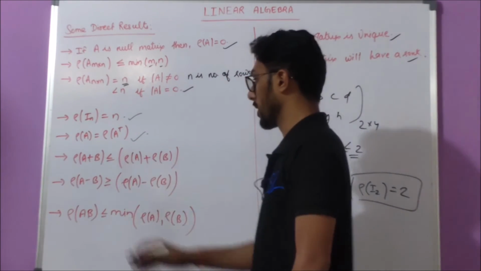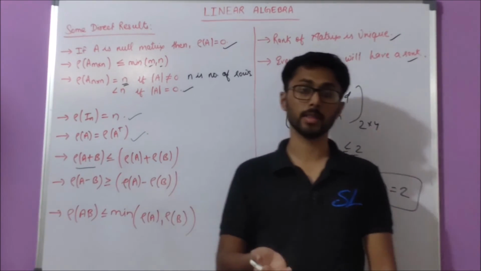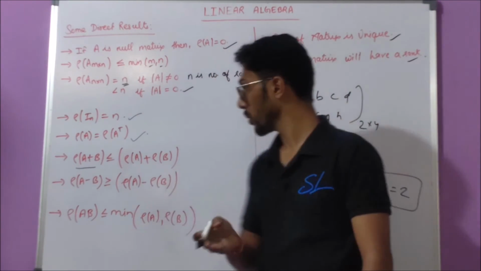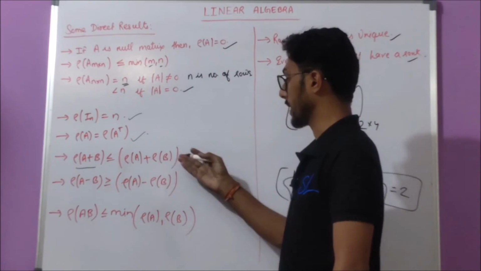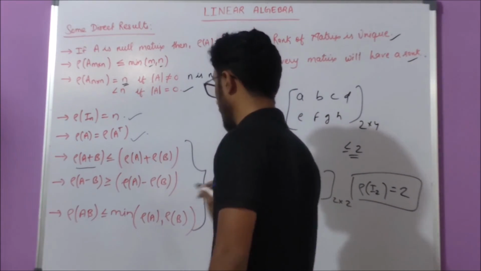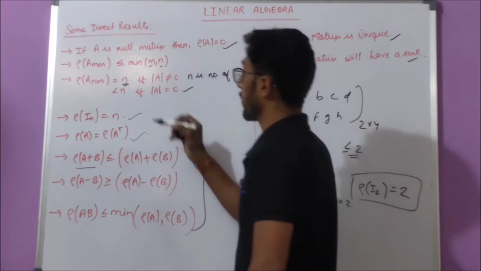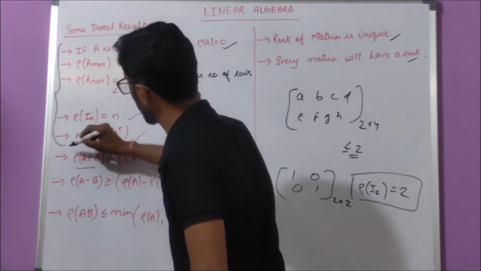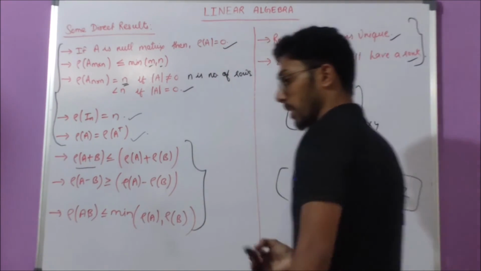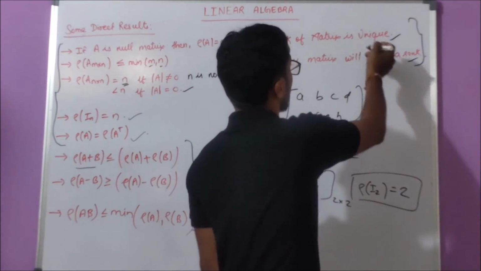Now the last point is, if you have to find the rank of A plus B, then it is less than or equal to rank of A plus rank of B. So these three are not very important, but they can be used to find the solution of some questions. These are important points which you should remember, and these 2 points are also important. If there is a one-liner in an example like rank of matrix is dash, then you can fill it using unique or like that.